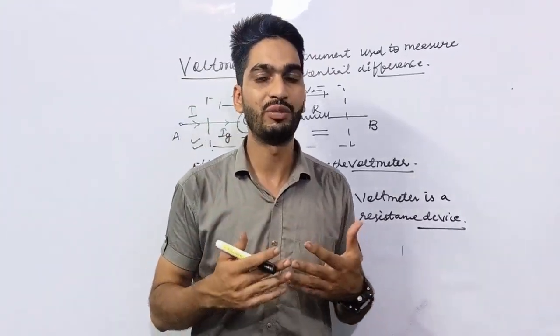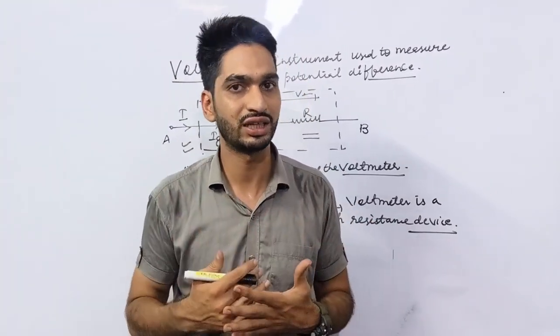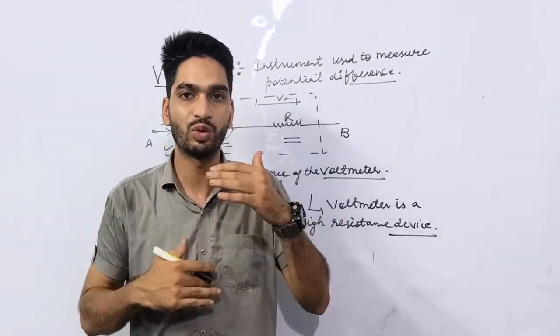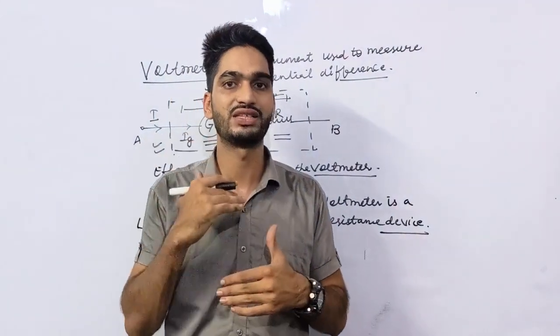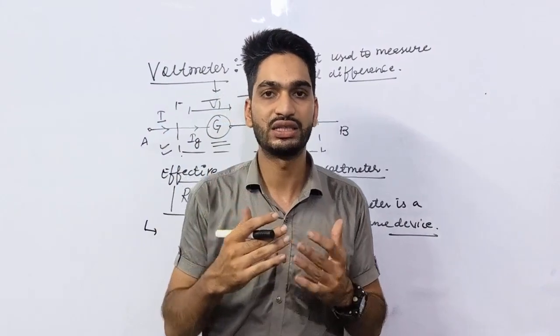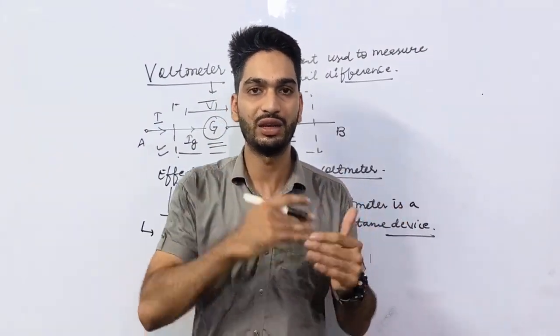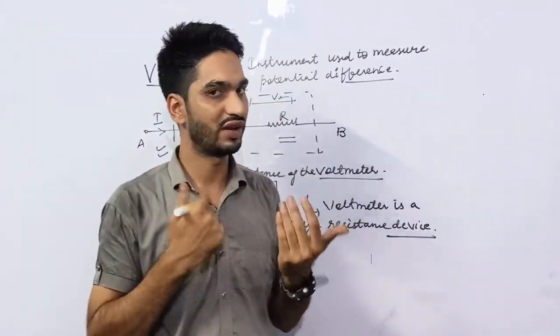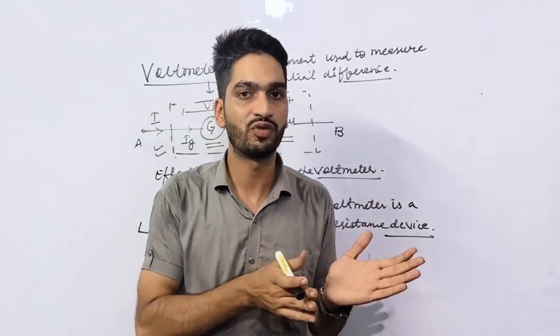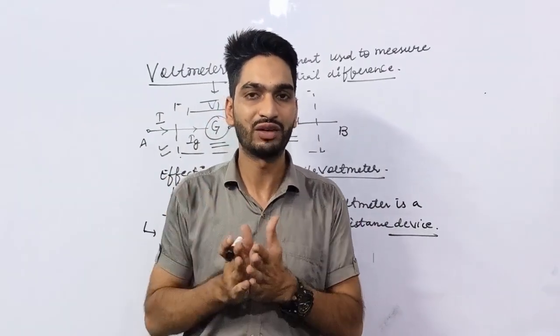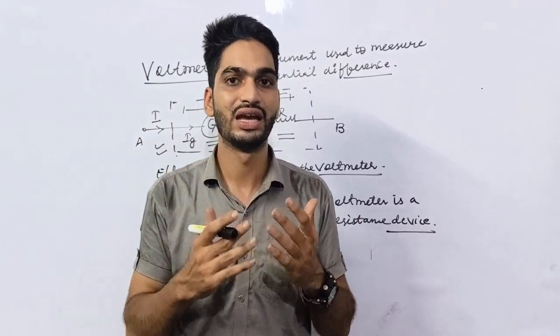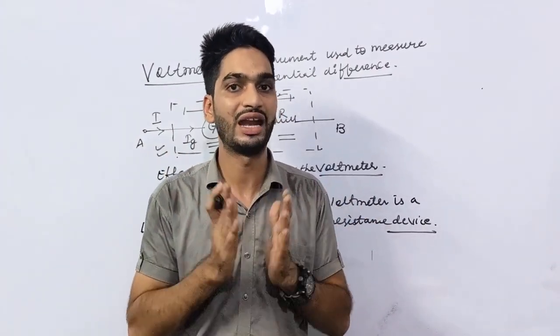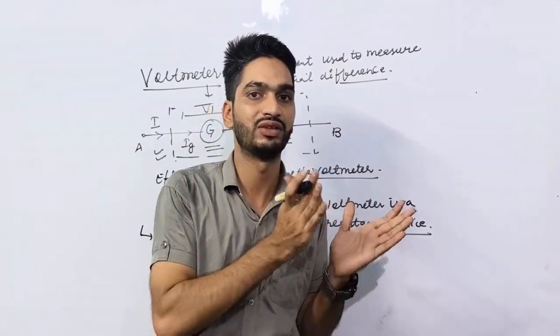An ammeter is always connected in series in the circuit, while for the conversion we have to connect a low resistance, called a shunt, in parallel with the galvanometer, as we have seen. And for the conversion of a galvanometer into a voltmeter, we connect a high resistance in series with the galvanometer, and a voltmeter is connected in parallel with the circuit.